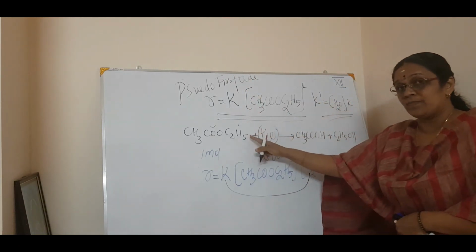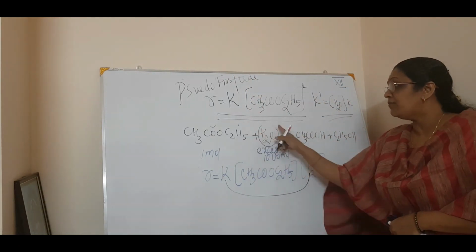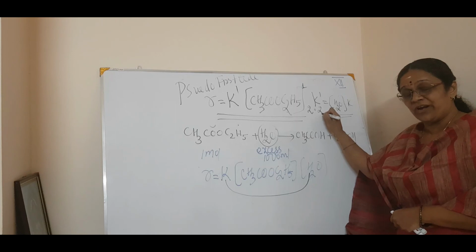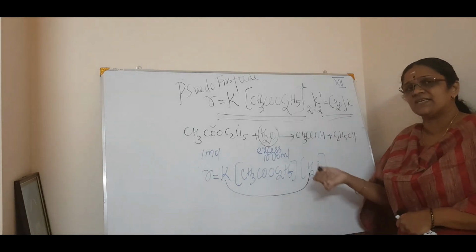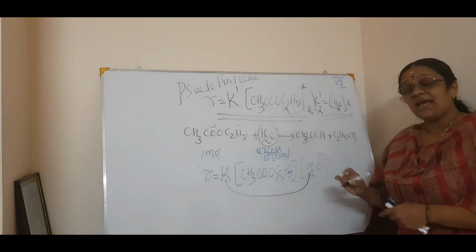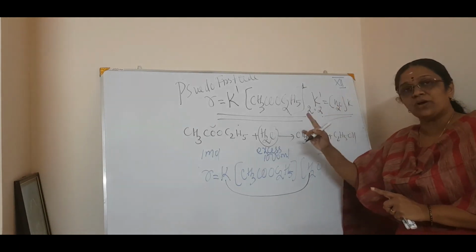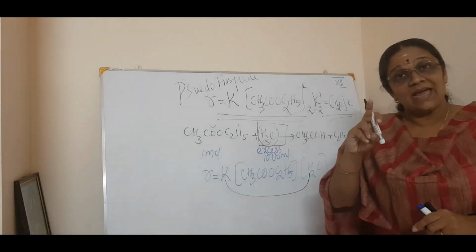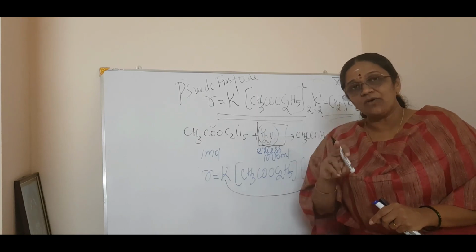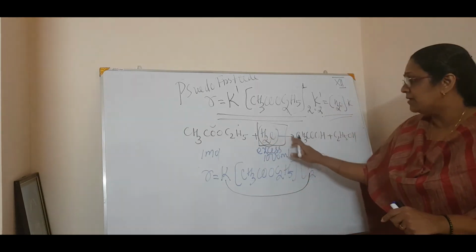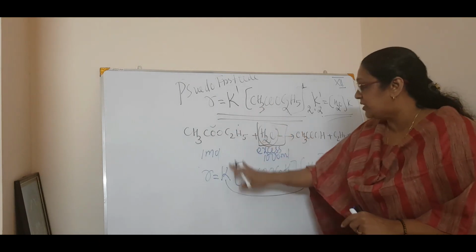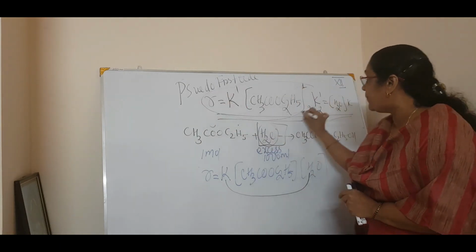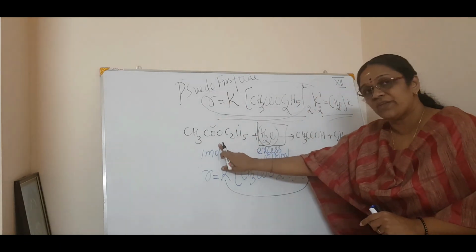First order. Okay, this should be 1 and 1, 2. The order must be 2 and the molecularity must be 2. But I told you, for an elementary reaction in some exceptional cases, it will come like this, and that is called a pseudo first order reaction. Actually the order must be 2, but the point is if one of the reactants is in excess, then that has to be a constant. So this constant and this constant will become again another constant. Then the rate is only dependent on the concentration of one of the reactants.